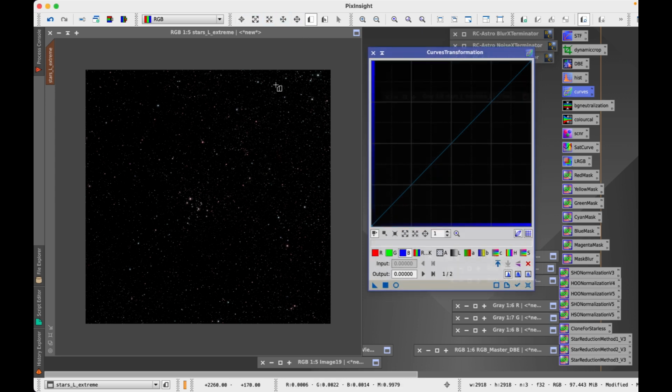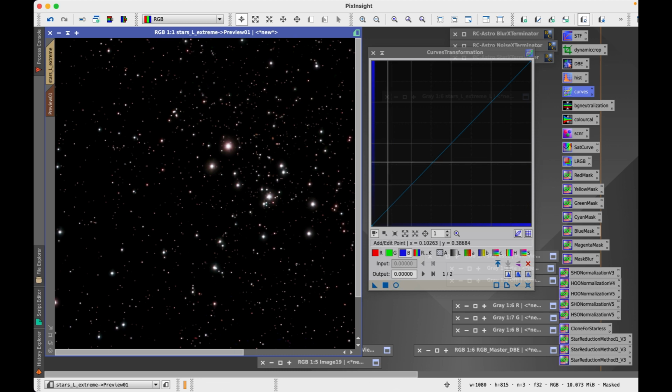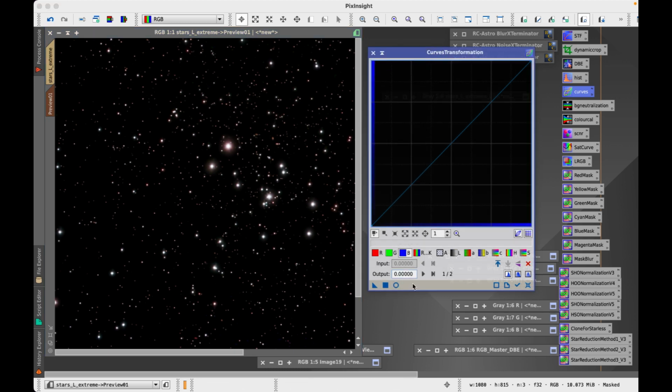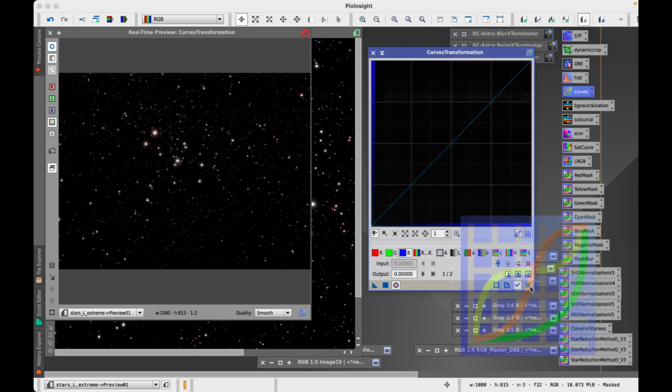So again, that blank sheet of paper, create a preview, go to the preview, and then in curves transformation, you're gonna make basically a preview of the preview. But I just want to look at the stars closely, and I'm gonna go to the RGBK area here,